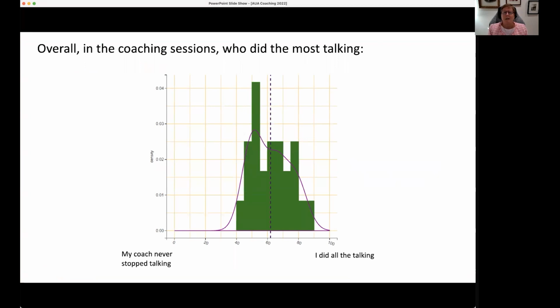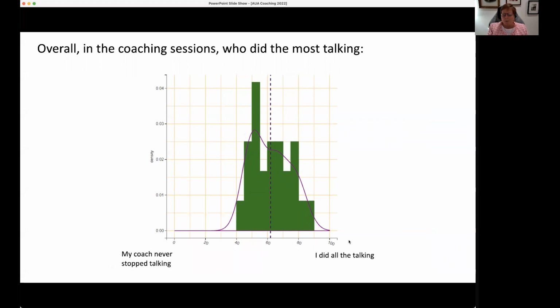So what did we find? Well, one of the things that we were worried about was, because we were using non-certified coaches who were very good mentors, would they be in giving advice mode, or would they be able to be in asking questions and supporting and challenging mode? And so we asked our coachees at the end